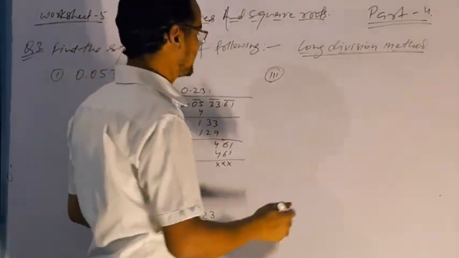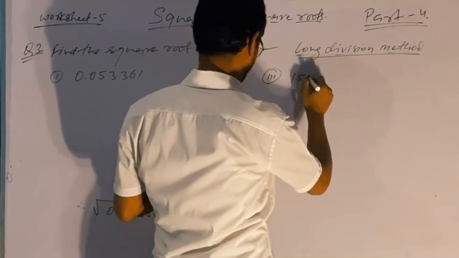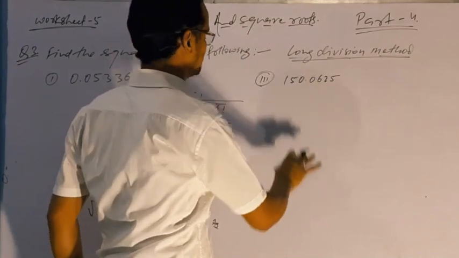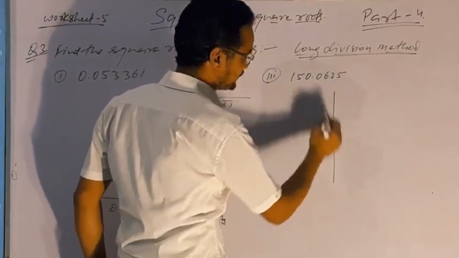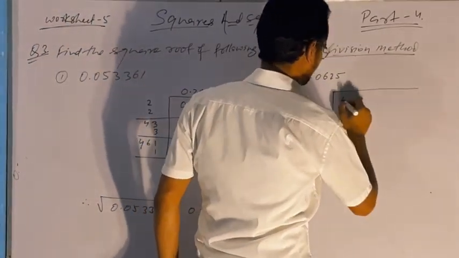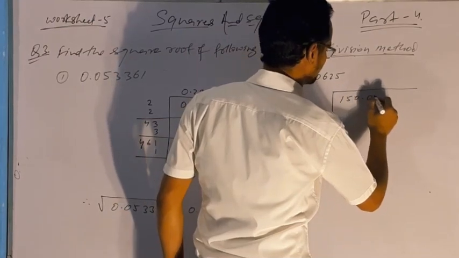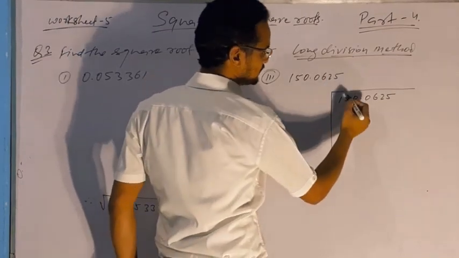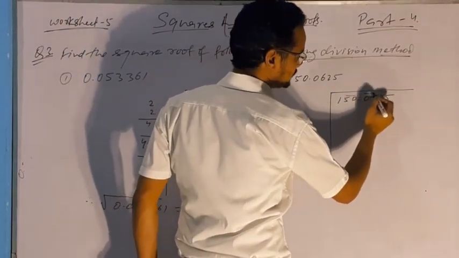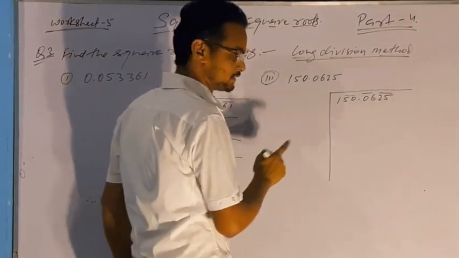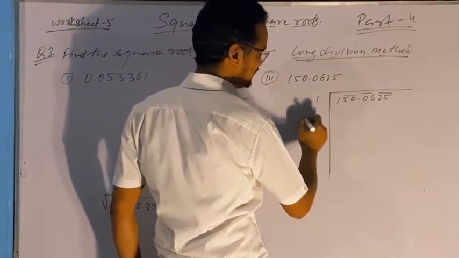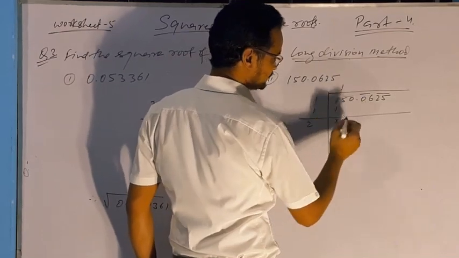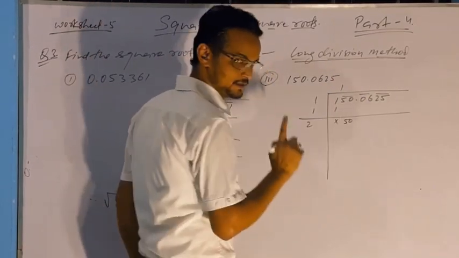Now we will take another example of question 150.0625. Similarly here we will construct a table. Now make pairs as in the previous questions: 1 pair, 2 pair and 3rd pair. Here 1 is left. Therefore firstly we will divide it by 1. 1 1 is 1. This will be cancelled. This is 2 and this is 1. Now carry 50 here.